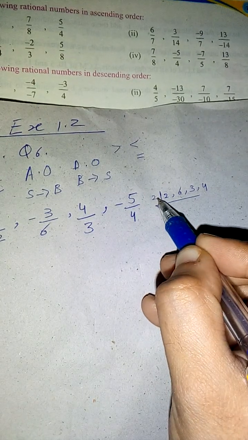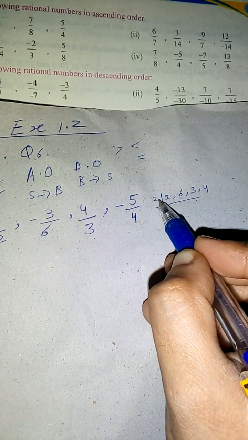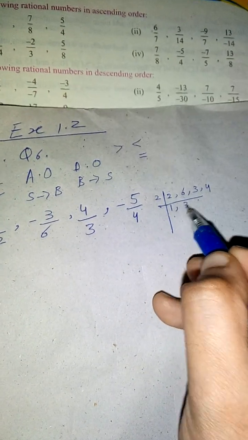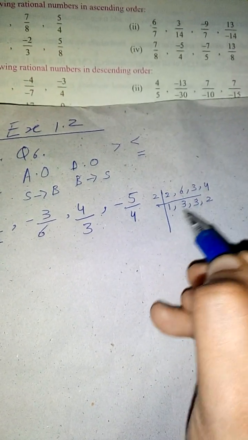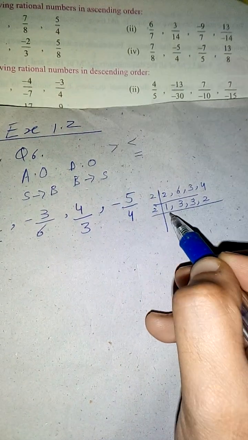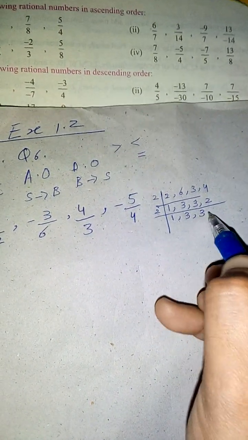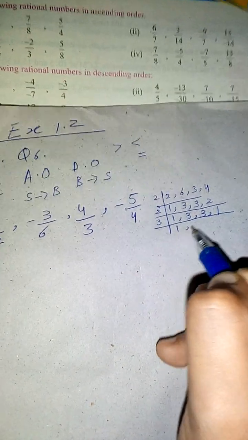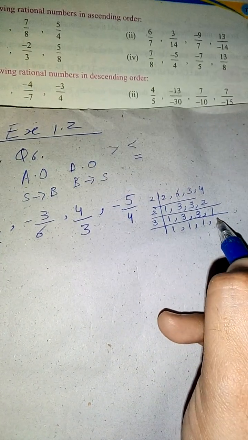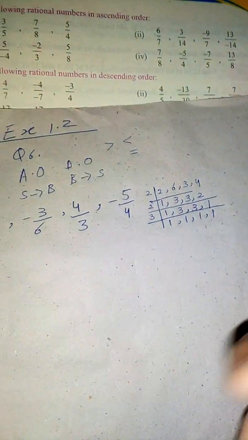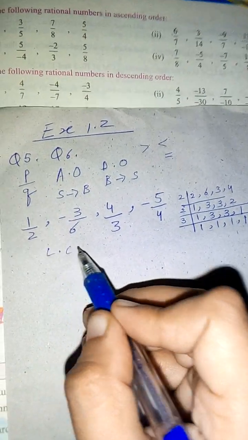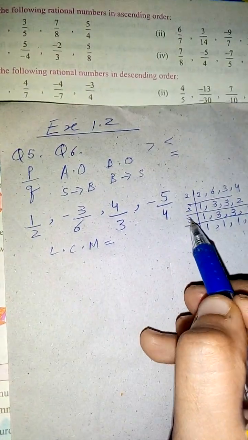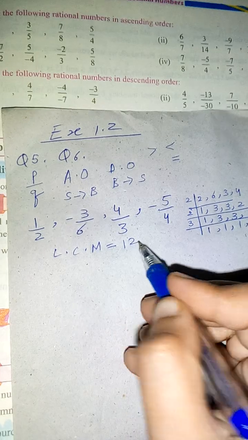I will always start with 2. Don't jumble it. Always start with the smallest number, then go to the bigger number. 2 ones are 2, 2 threes are 6, 3 is not possible. 2 twos are 4. Again with 2, 3 is not possible. Now the turn of 2 is done, so go with 3. This is a very easy method to find the prime factors or the LCM. So the common LCM for these values is 2 times 2 is 4, and 4 times 3 is 12. So the common LCM is 12.